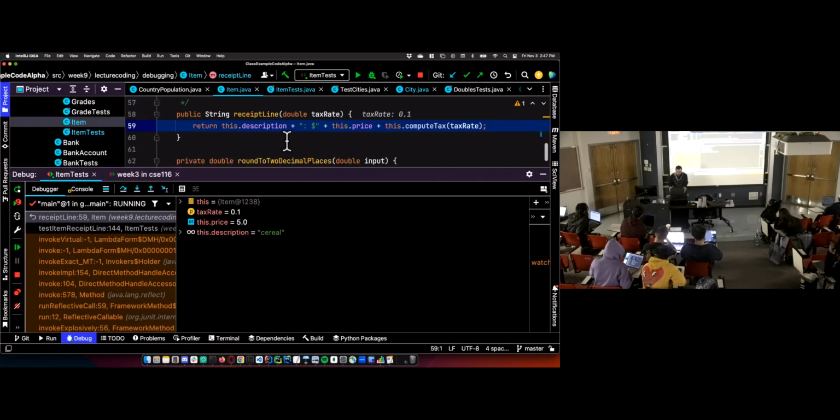Receipt line. So for this one, the plus operator, this is the plus sign operator is a binary operator. It only takes 2 operands. So when this line is executed, it has to be executed left to right, 2 values at a time. When these 2 values are added, they are concatenated. This is string concatenation for the plus sign. And then this returns a string, and it's a string plus a double. Java is going to interpret that also as string concatenation. So we're going to concatenate serial : $,